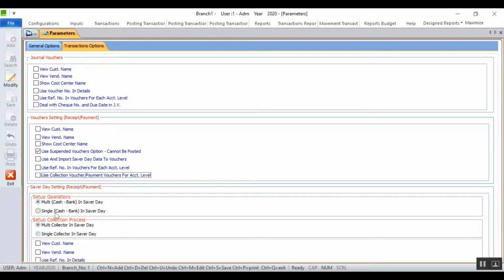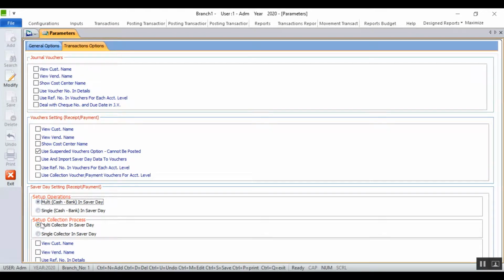But if the user wants to select the bank account or safe separately for each account in the transaction, then you can go ahead and activate the second variable, which is multi-cash or bank in Saver Day. And for the record, you cannot edit these choices after you've used receipts or payments Saver Day.